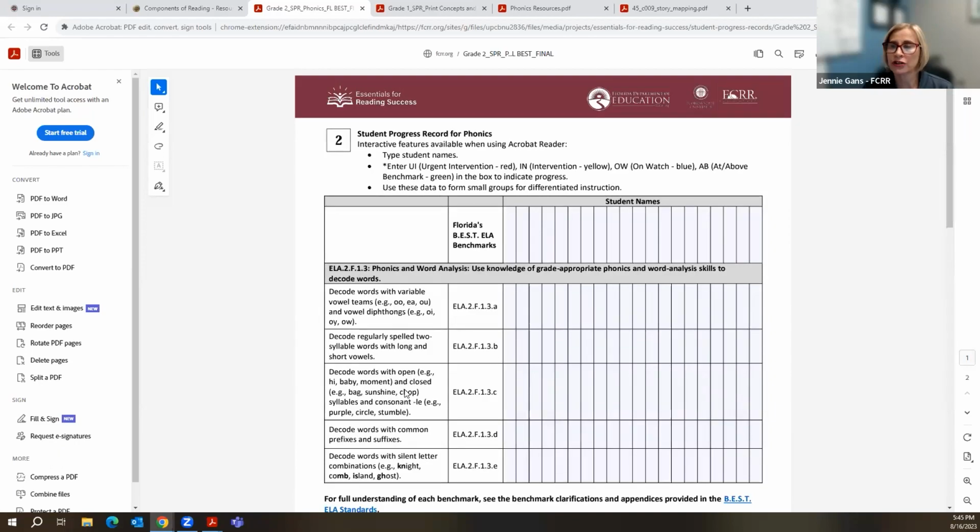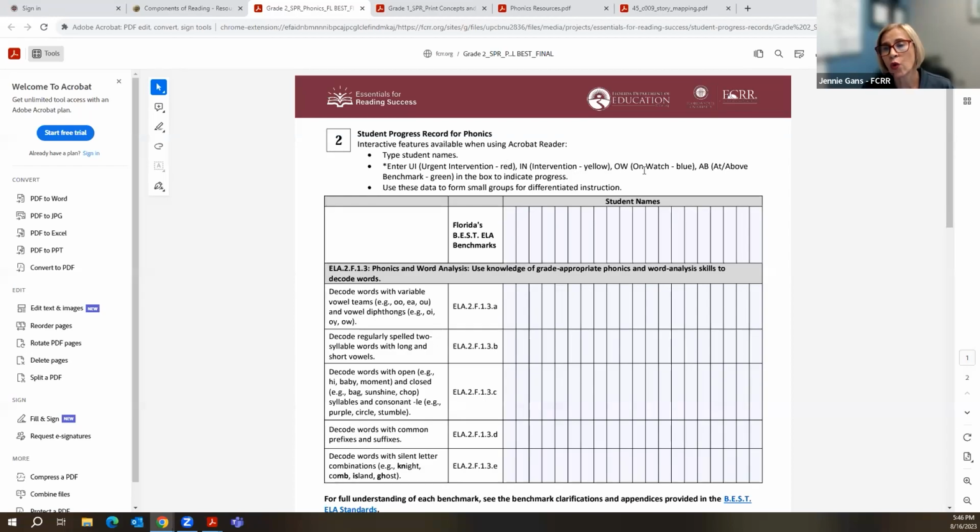So when we're done doing this, I will get off this screen and I will share what one looks like that's already filled in. And you will also notice if you are doing reading groups and you need data, which you should be using to inform your groups and your instruction, well, those groups are fluid, and we would want to make sure that children that are working on similar levels and similar skills move in and out of those groups. So you might have a student, in this case, if they're urgent intervention, it's going to light up red. It will color code red.